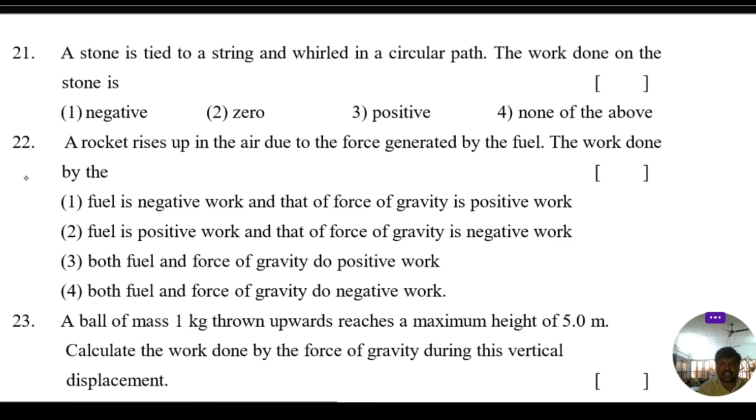A stone is tied to a string and moves in a circular path. The work done on the stone: here along the string tension acts. This tension provides the centripetal force. So here tension and displacement are perpendicular to each other. Then the work done on the stone is 0. Option 2 is the